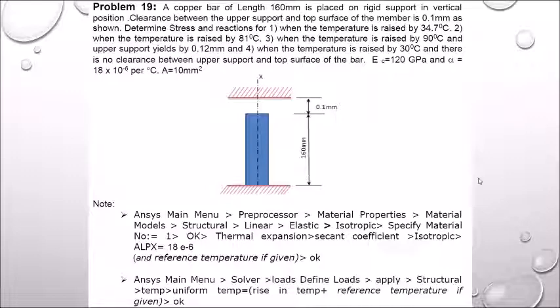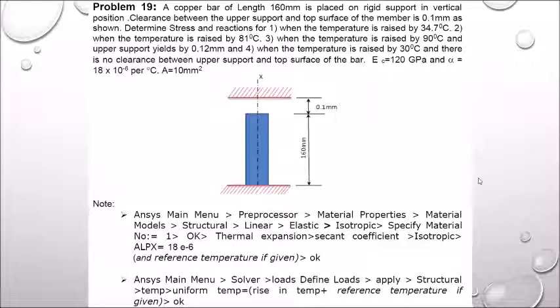So here it's a temperature effect problem. You have to account for thermal expansion by giving the alpha value as a material property. In the material definition you have to enter it, and temperature will be applied as load. We have solved such a problem in truss also. The same procedure has to be followed. But what are these four different cases?